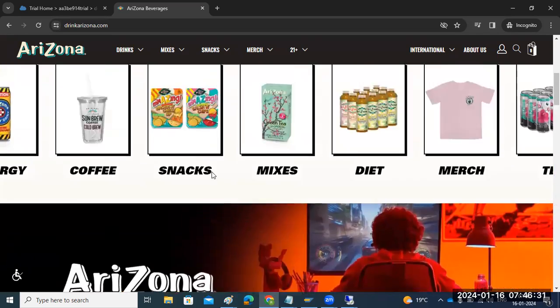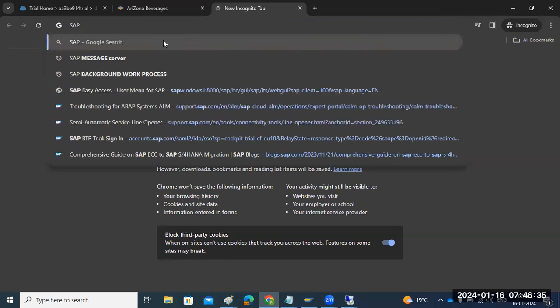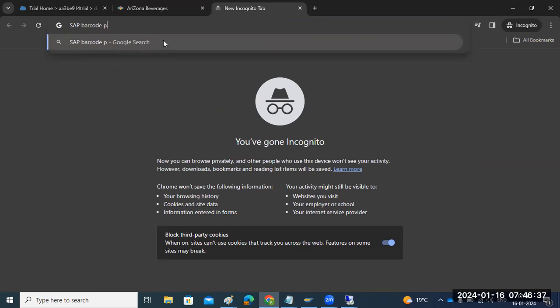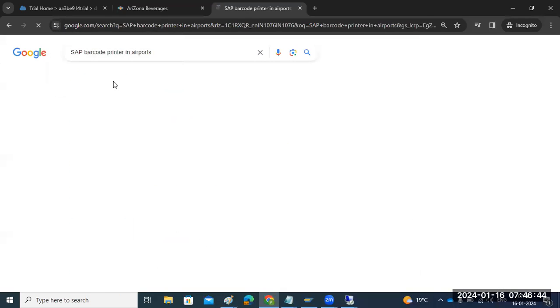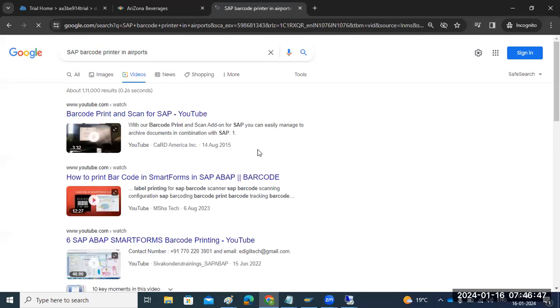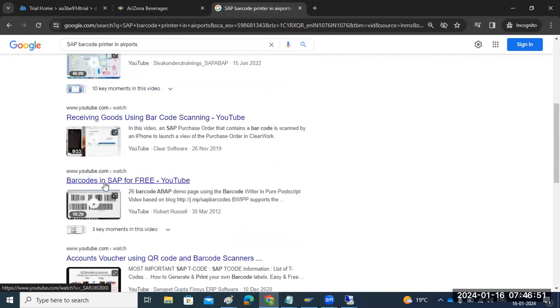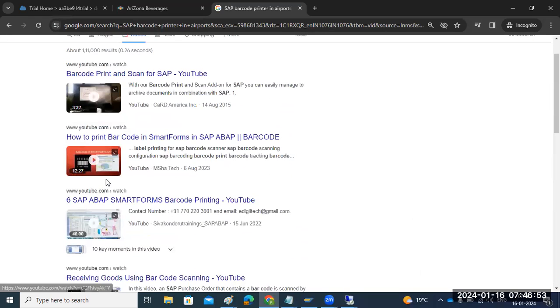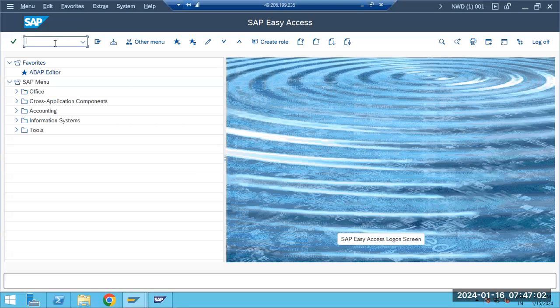So here, not only here, in the airports also SAP barcode printers will be used. Barcode printing. SAP in airports will also be used for barcode printing, using the smart forms barcode printing in SAP. We can print it using SAP, but some customization is required that will be done by developers, and they will ask us to